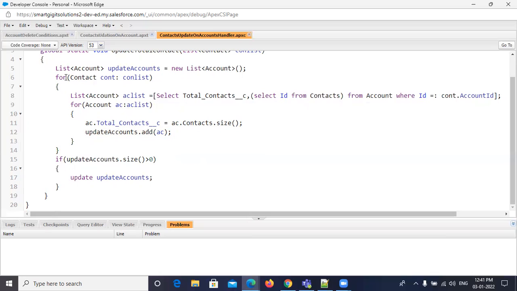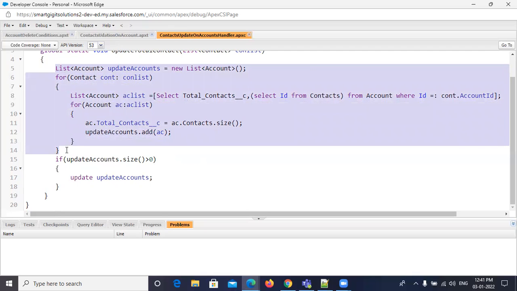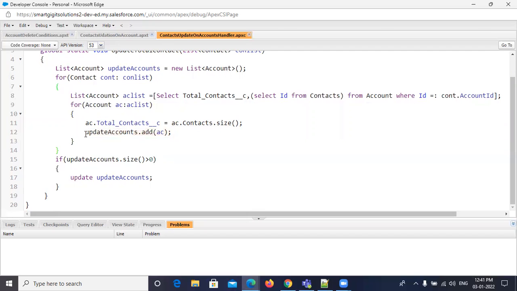So if the list contains up to 200 records, it will not perform, it will display some error. So that's why every record is added to this accounts list, the update account list. Then after that I will run a single update statement.